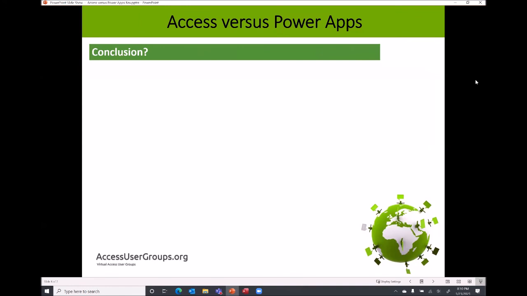So, conclusion. I didn't write a conclusion to say or post here, because I didn't want to tie it down to a screen. I think that based on the characteristics, you're going to need to make your own conclusion as to whether PowerApps